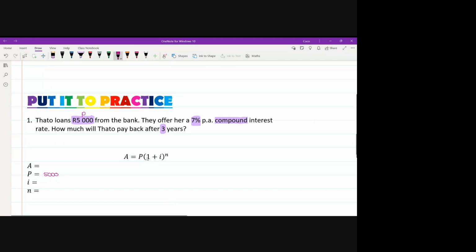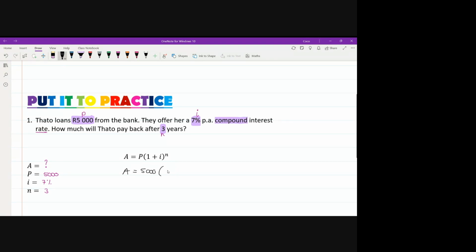I'll take it. Okay, 7% compound interest rate. So this is the interest rate they've given us. So I equals 7%. How much will Tato pay back in 3 years? Our N is our number of years. So I is 7% and N is 3. So the thing that's missing that we're calculating for is our A value. So let's put that into our formula and see what we get. So we'll get A equals